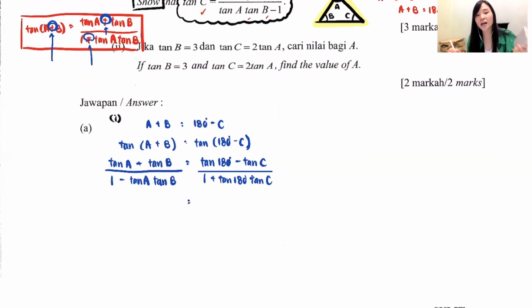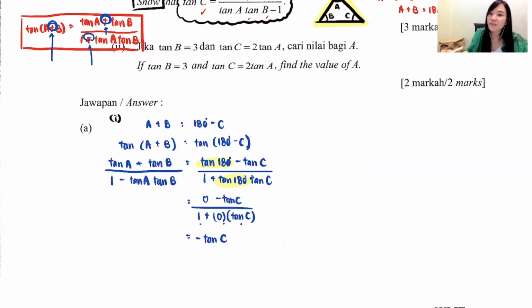Until here, tangent A, tangent B, tangent C, I cannot evaluate because they are unknown. But tangent 180 is different. I can press the calculator: tangent 180 is 0. So 0 minus tangent C over 1 plus 0 times tangent C. Let me write it nicely. 0 times anything is 0. 0 plus 1 is 1. Is it necessary to write if your denominator is 1? I don't think so. So on the right side I only have